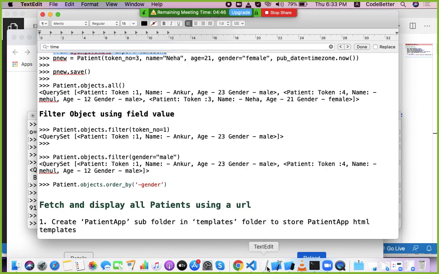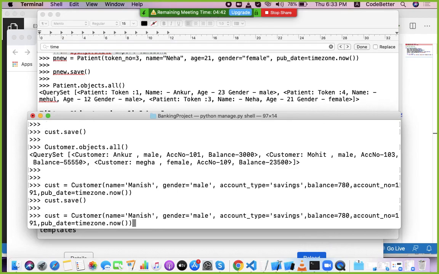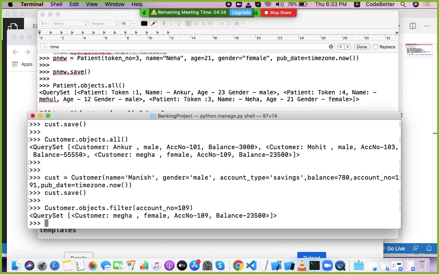There is a filter function. In place of all, there is a filter function. Filter, then column name account number equal to 109. If you want, you can filter using the column values also.